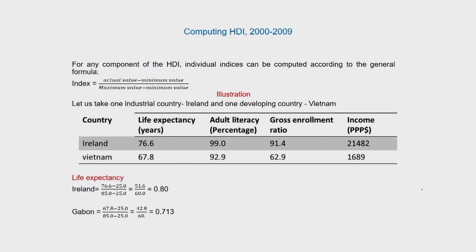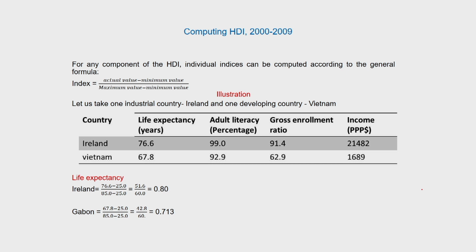And since the data was collected, it very clearly showed that the wage rates or income levels achieved by women are much lower compared to the wage rates of their male counterparts, and therefore that had to be incorporated into the data analysis so that the HDI and the GDI and the GEM all become comparable. I also have a few definitions of all of these indices towards the end of today's lecture, which will come in some time. So, as an illustration, let us look at computation of HDI between 2000 and 2009.